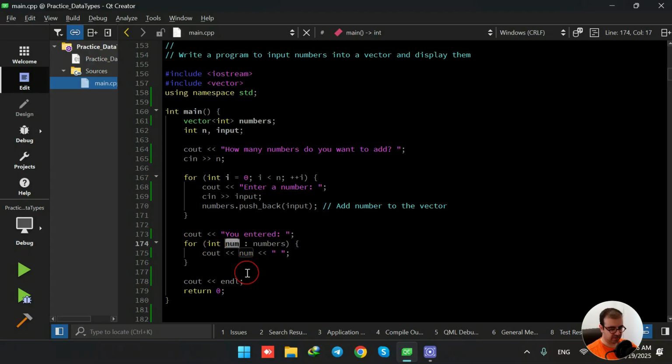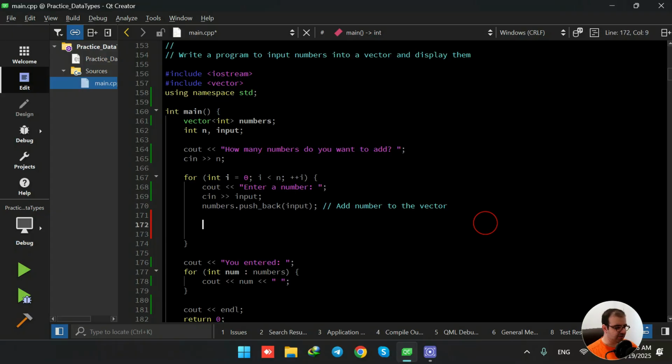Here I'm having a for loop. My iterating variable is called num, and num is going to iterate over the vector numbers, and in each iteration we are going to show num in the output. So let me illustrate it with an example. For example, imagine that the user is going to enter 3 numbers, so n equals 3, and numbers